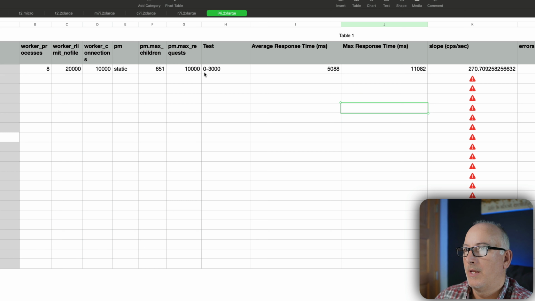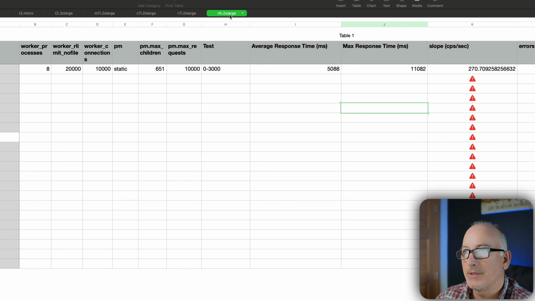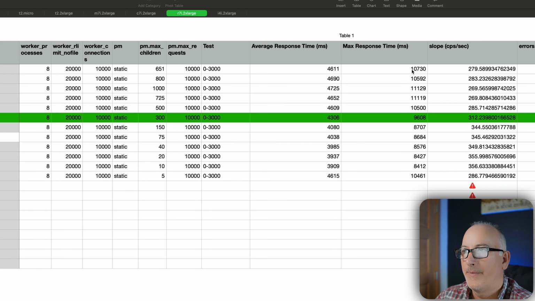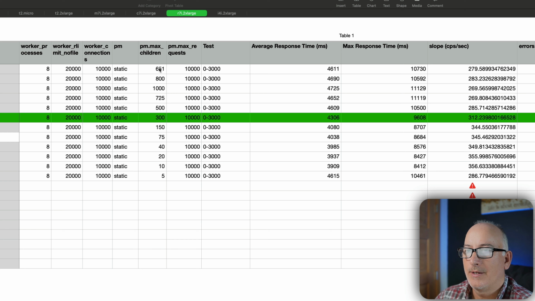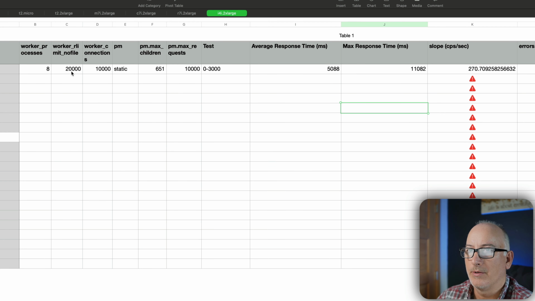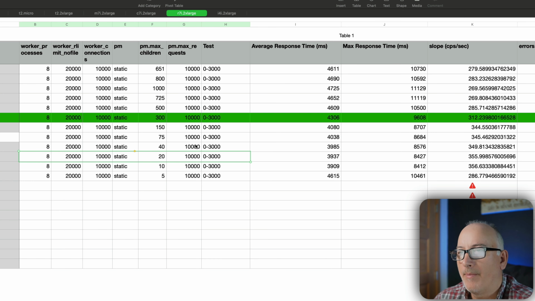All right, so this is the test we just did, 651 against the R7i. That's 4.6 versus 5.0, so that feels like significantly slower. 10.7 versus 11.0, again, slower. With hindsight of this kind of being optimized on the lower side, let's go ahead and start to go in that direction. Okay, so these results are very similar to our R7i instance, and I'm not going to explore this